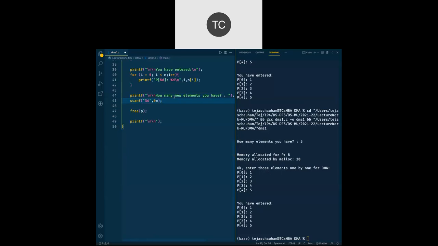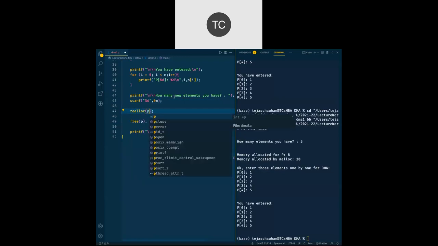So I already have memory for 5 elements. If the user says 2 here, 2 new elements I have, then in total I require memory for 7 elements. I have memory for only 5. So now what do I have to do? We need to go for realloc.